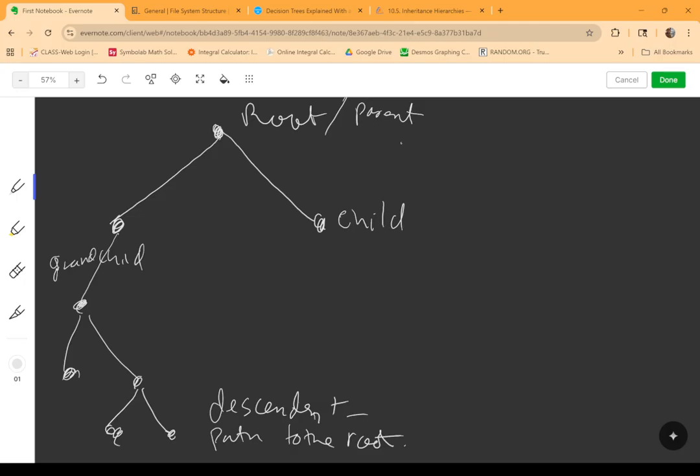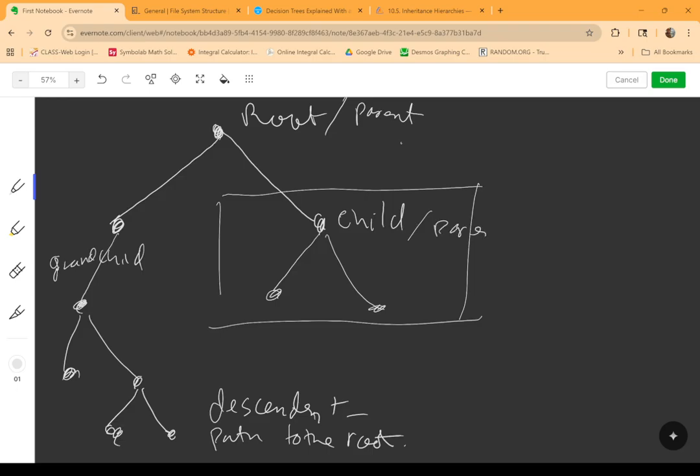And at any level of our rooted tree, even if we just look at this level here, we can define this to be our parent, and then the ones below it to be the children. We always associate the parent as the one being closer to the root. Okay, so that's the idea of a rooted